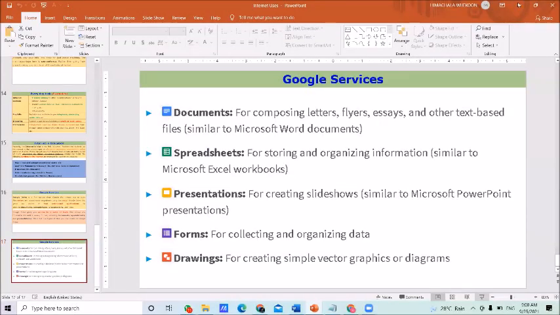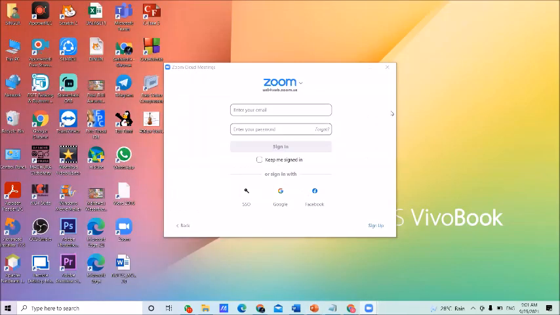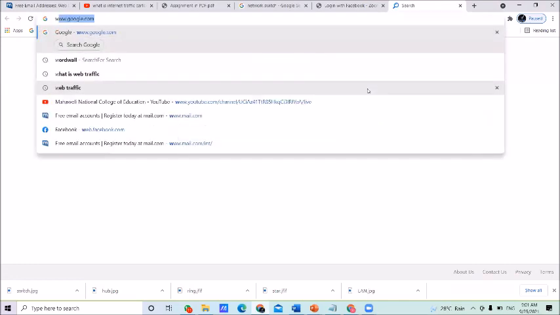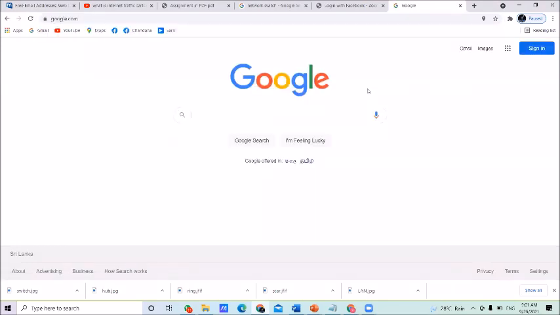And then if you want to get the service here, the first thing is to move to your Google Chrome, then open Google services, google.com. You want to get this screen here. Suppose, for example, you want to use the service of Google Drive.